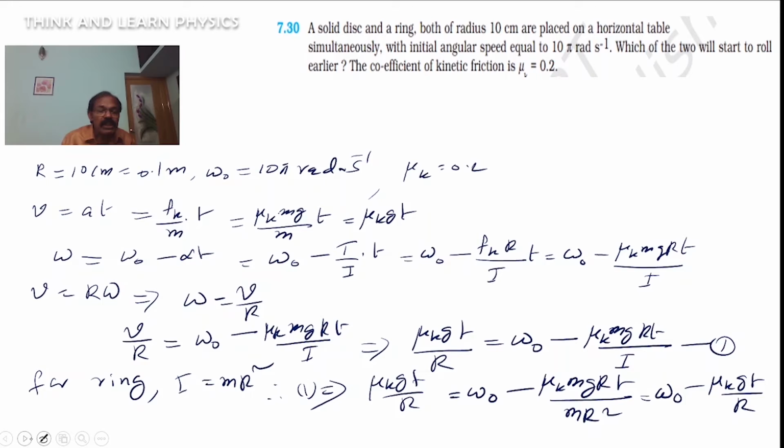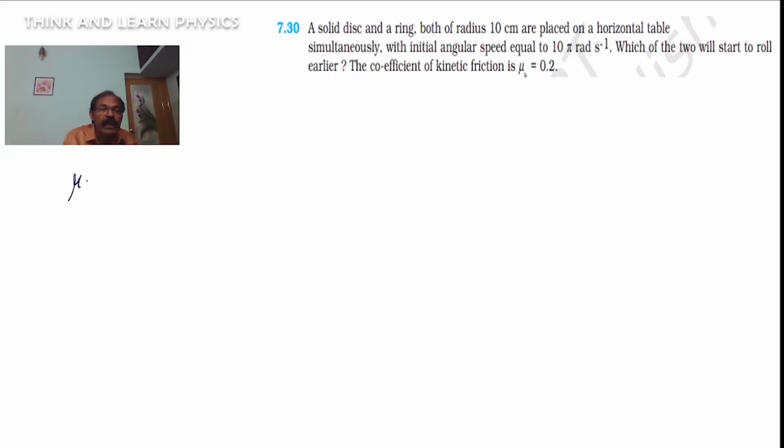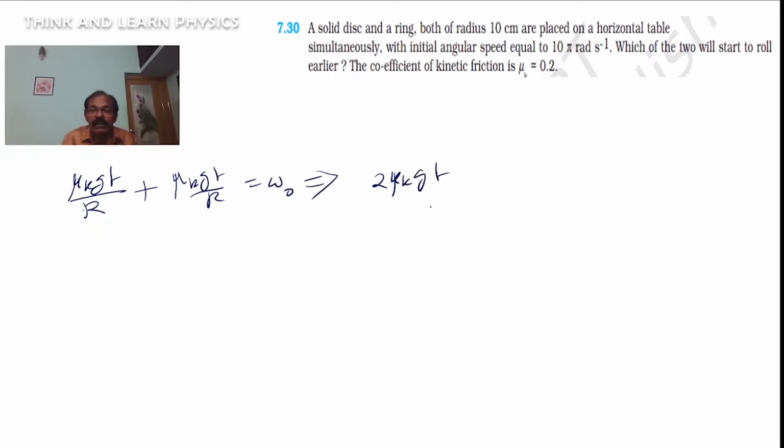This can be written as mu k gt by r plus mu k gt by r equals omega naught, or we get 2 mu k gt by r equals omega naught, or we get the time t as